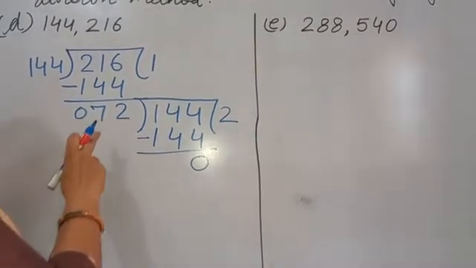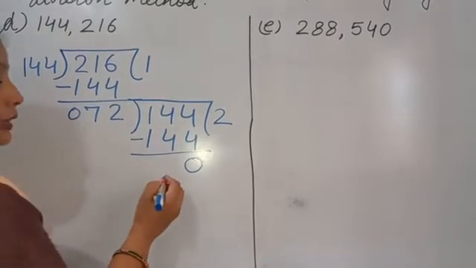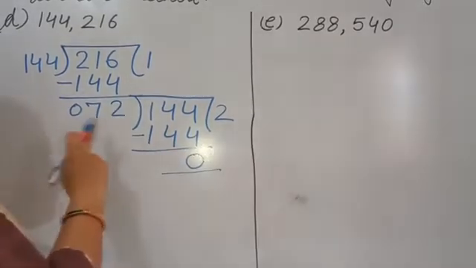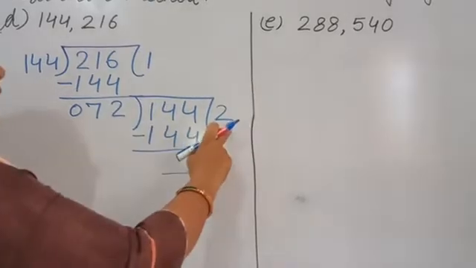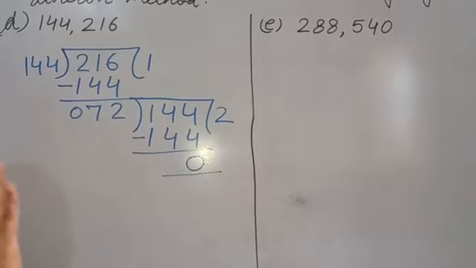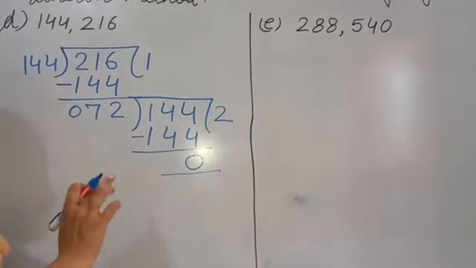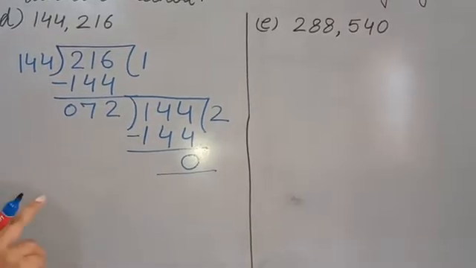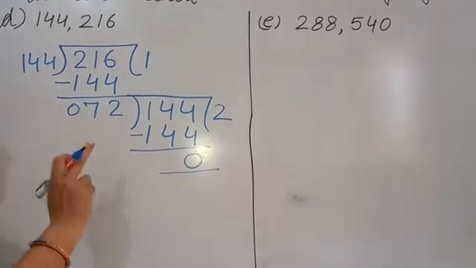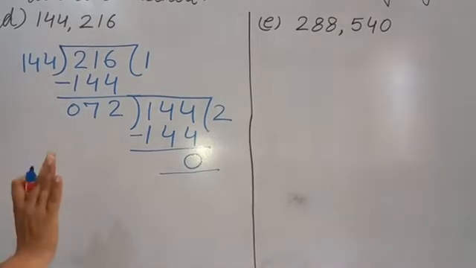Okay. The last divisor, by which you get remainder 0, that will be your HCF. The last divisor by which dividing gives you remainder 0, that will be your HCF. Here we have no concern with the quotient. The quotient is not our answer, because here we are finding HCF. The last divisor which gives us remainder 0, that is called HCF. You don't have to do anything with the quotient.